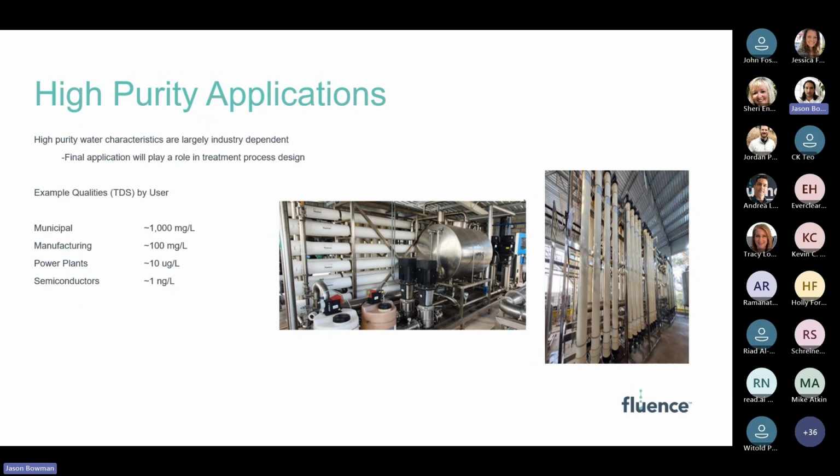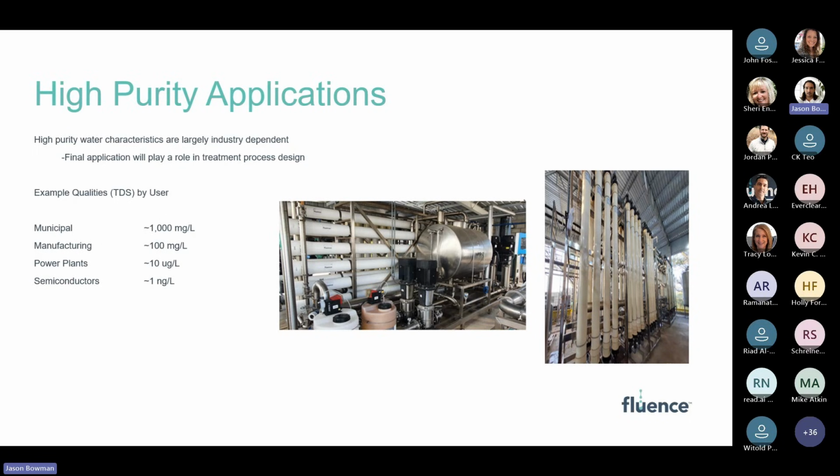Many of these applications that we as Fluence work on in the industrial sector are deemed high purity applications. So one more note that I think is useful for this presentation is that it just quickly puts some parameters on what high purity water actually looks like for many of our customers. Now it can differ from industry to industry, but generally we can look at water quality based on the final dissolved solids content. Typically in a municipal setting, water TDS, they're looking for something at or below 1,000 milligram per liter,